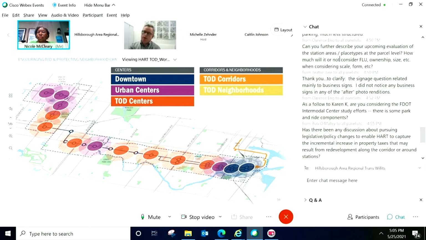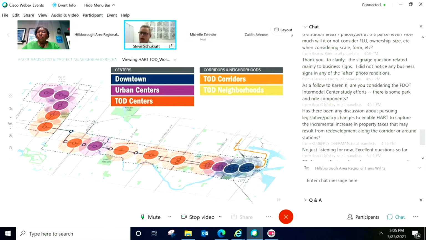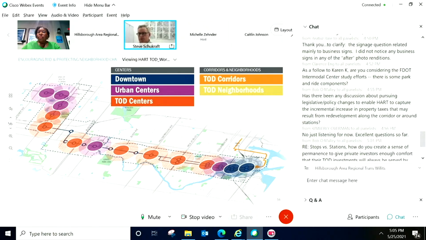Yeah, so we're working through that mapping exercise now, looking at these categories and mapping the limits of these categories. And to some extent, Clarence, as you know, it's relatively straightforward because we know what the edges of the neighborhoods are, and we're not looking at expanding back into the neighborhoods to any great extent. So we're trying to hold the line between what's corridor and available for redevelopment and what's neighborhood behind it. And then that gives us the scale of opportunity. We know, based on lot depth and the existing pattern of use, we're comparing that to the existing future land use category, and we are looking at ownership patterns.